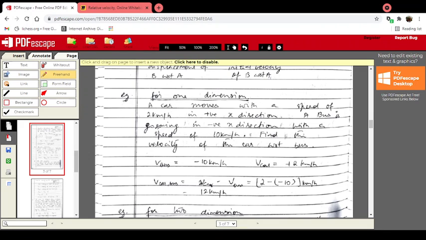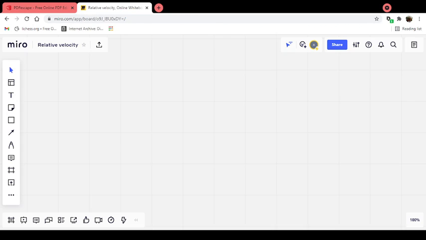The first question is, when a car moves with a speed of 2 kilometers per hour in some positive x direction, a bus is going in negative x direction with a speed of 10 kilometers per hour. So the first line says that the car is moving in positive x direction with 2 kilometers per hour. A bus is going in negative x direction with speed of 10 kilometers per hour. Find the velocity of the car with respect to bus. So here the bus is